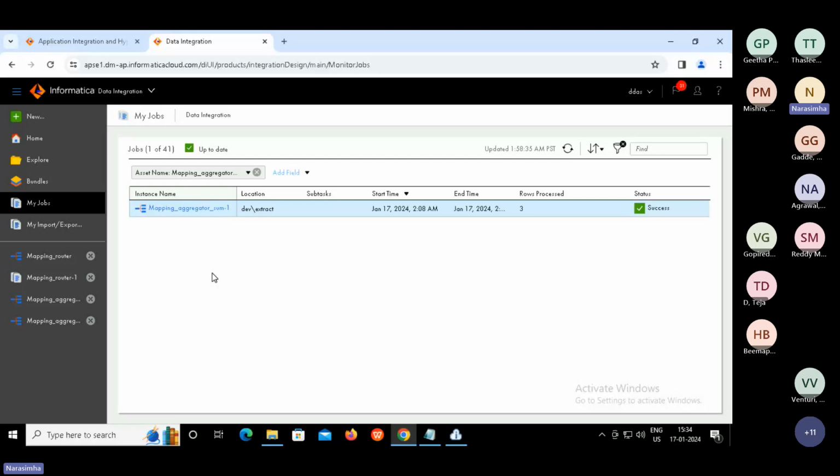For example, data can come from Singapore, Hong Kong, Bangkok, or, let us say, US. Data can come from anywhere.